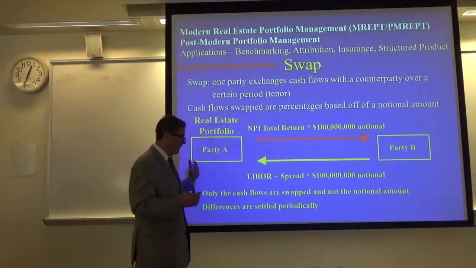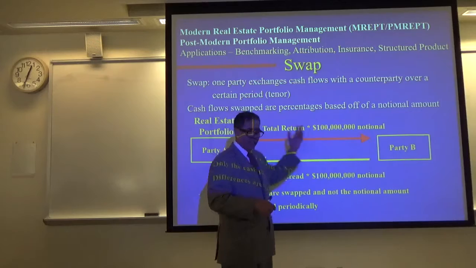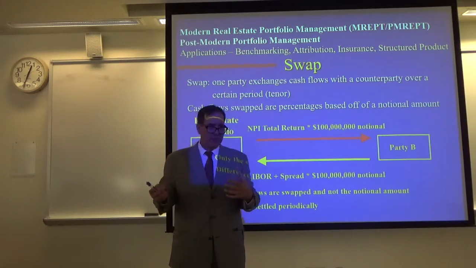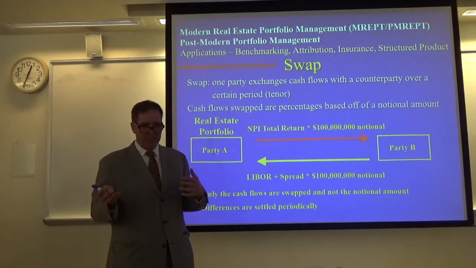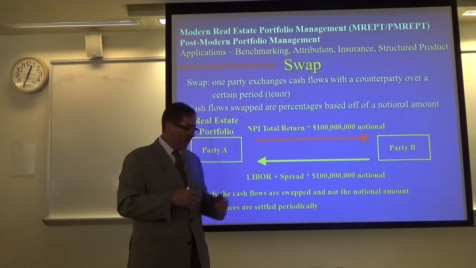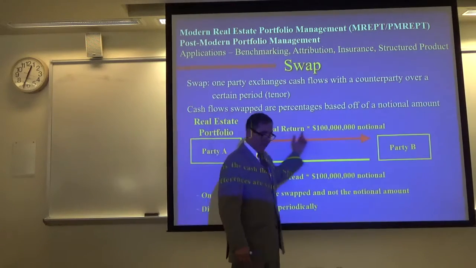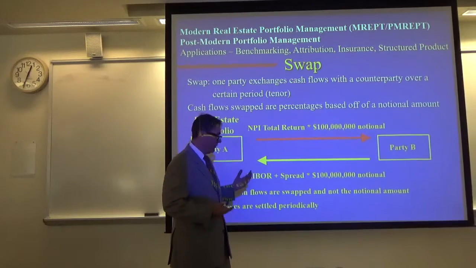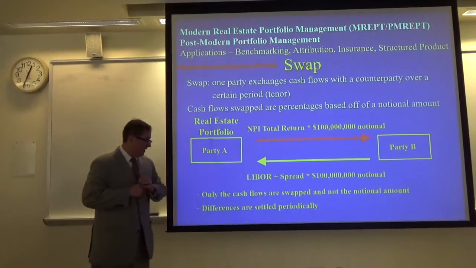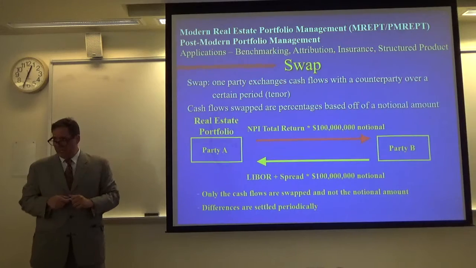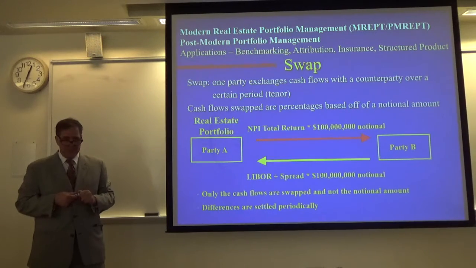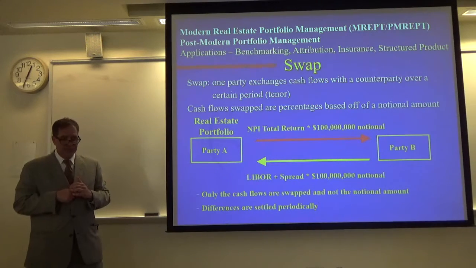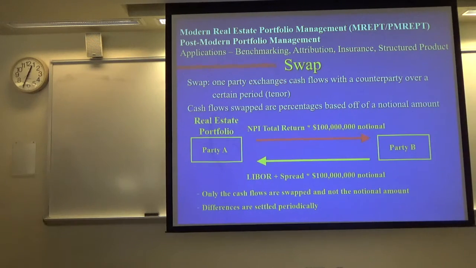I could have also designed contracts where we were swapping retail returns for office returns, because maybe one of the investors had huge exposures to the office market and was underallocated in retail. Well, they could swap off the office return in return for the retail return and diversify the portfolio through the swap contract. And then obviously once the swap market was established, option contracts, swaptions on these swap contracts, could have also been developed.